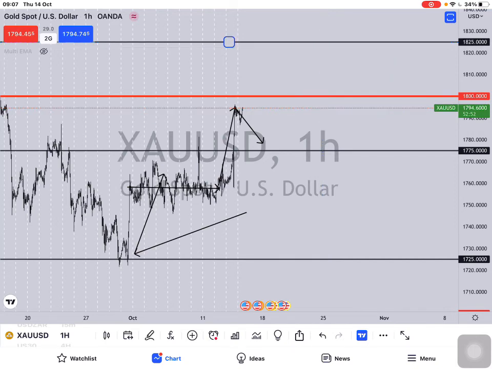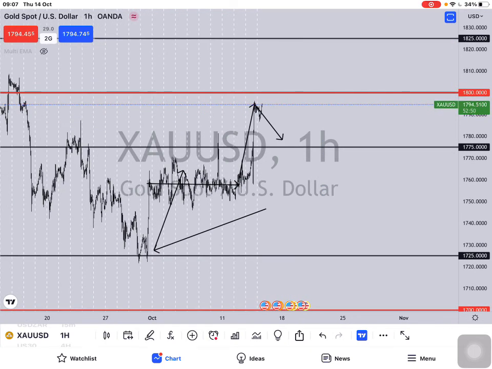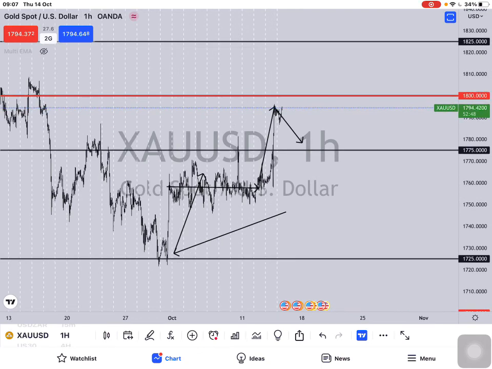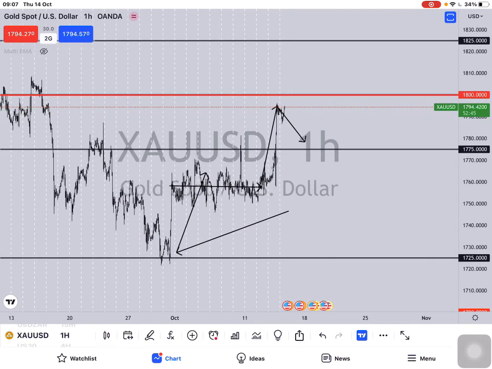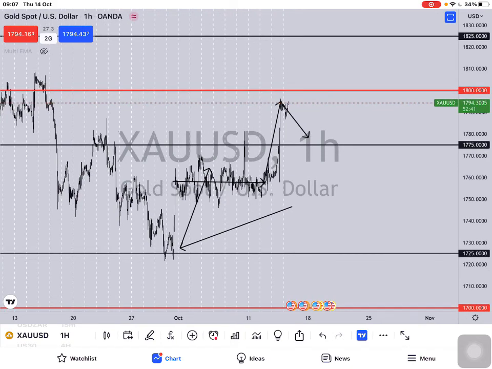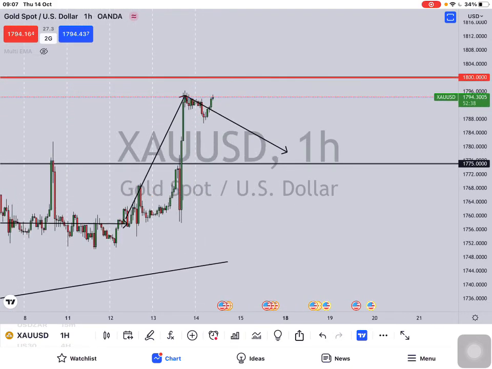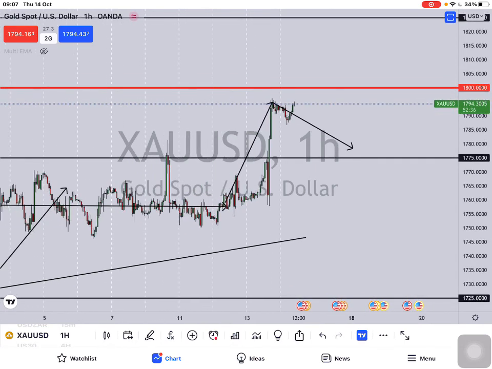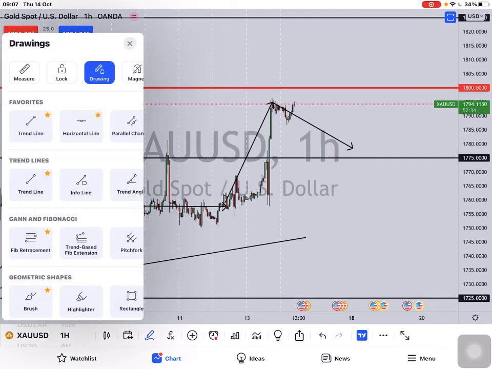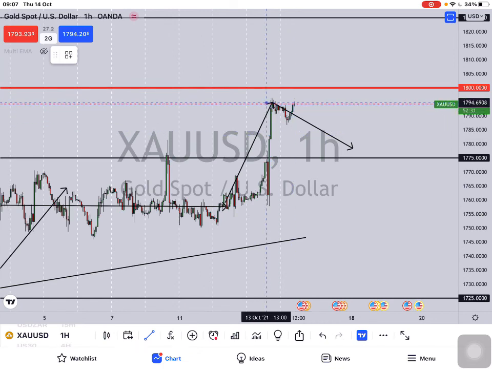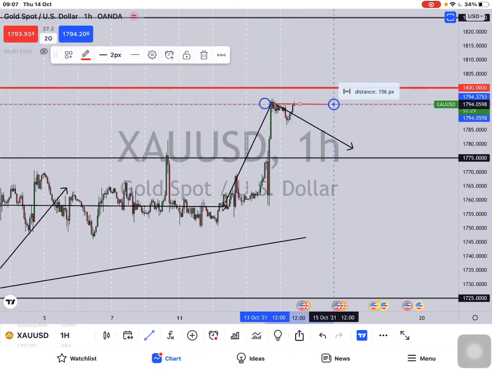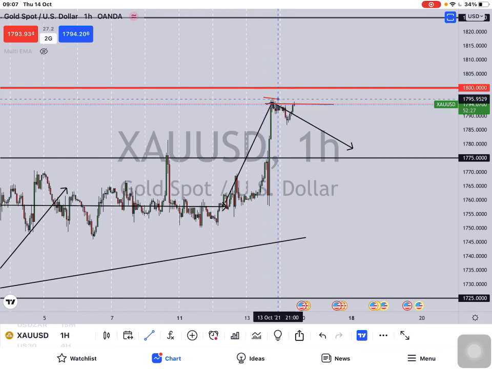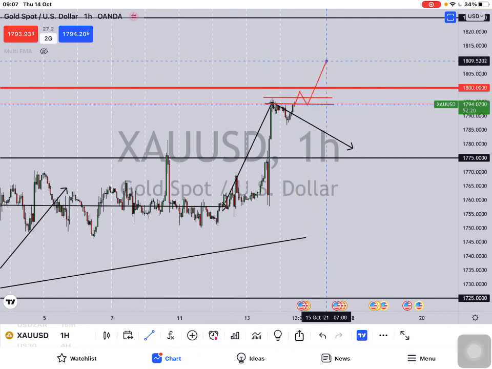So according to my analysis, we're currently in level 2 of the buys. I'm expecting a level 3 push, so we may see some sell-offs today just to induce the sellers, but primarily we are still going long. If we do not get the sells that we are anticipating, we may just view this zone as an area of resistance, and as soon as we break above, retest that area, and then the continuation of